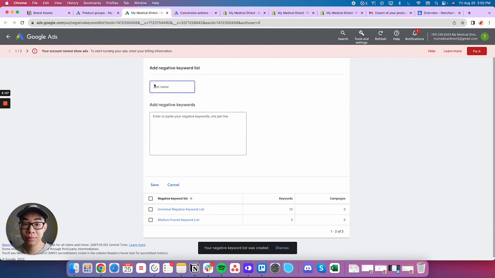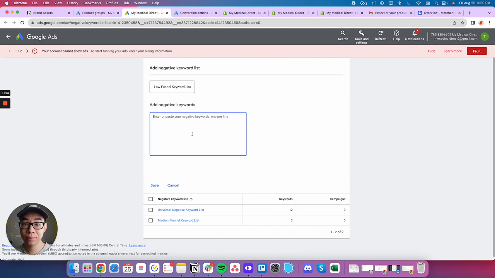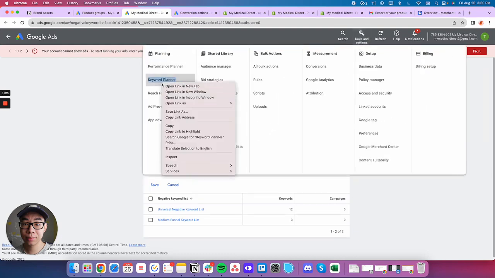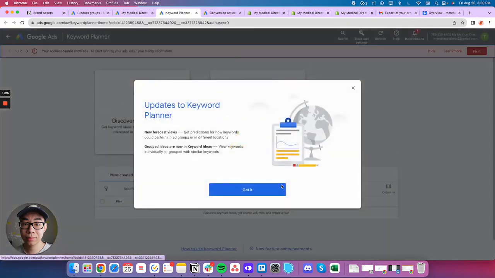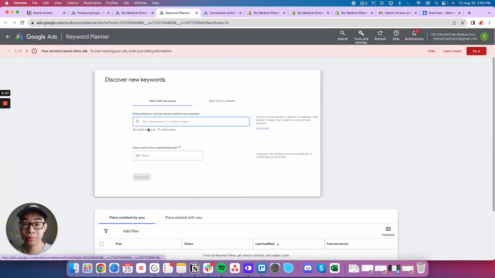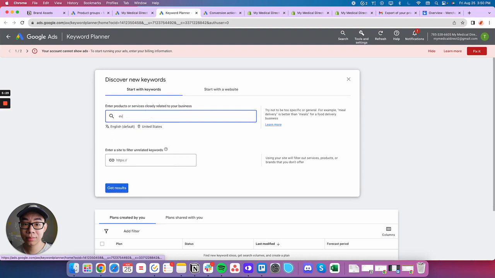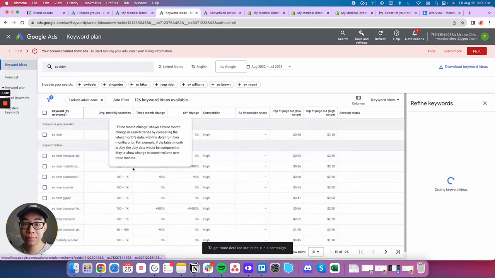Now lastly, we are going to have the low funnel keyword list. The low funnel keyword list is going to be anything that is product specific to the brand. An easy way to find this is if you go to tools and settings, open up keyword planner, and then discover new keywords. You can type in the brand name, so EV Writer for this example,